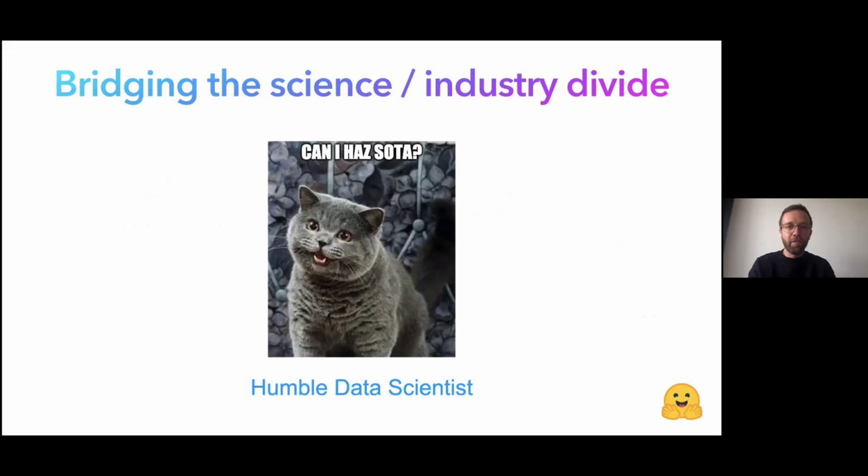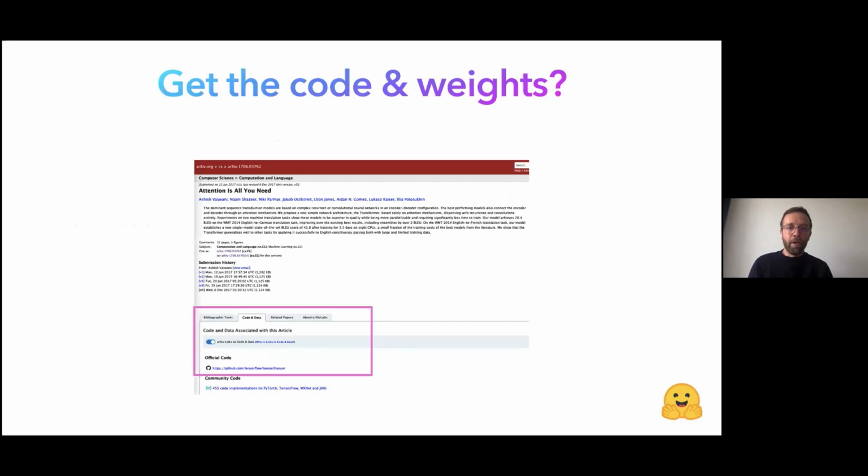Cool. So now that we've cleared up what the transformers are and a little bit why they're so exciting and why you want to use them in your industry projects, it's pretty natural as a data scientist to ask, can I have this? I want to use this in my real use case and apply it to my problems. And when you go and look at these papers that release those new model architectures, for example, if you go to the Attention is All You Need paper on arXiv,